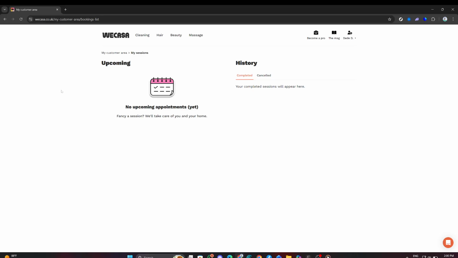At the bottom of the appointment details, you will find the option labeled Cancel My Appointment. Clicking this button will initiate the cancellation process. It is important to note that once you click this option, you may be prompted to confirm your decision to cancel. Upon confirmation, you should be aware of the cancellation fees that may apply if you cancel more than 24